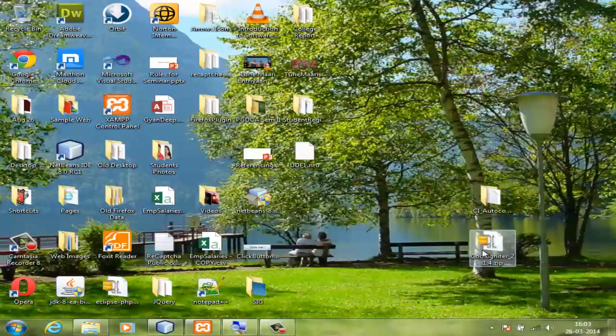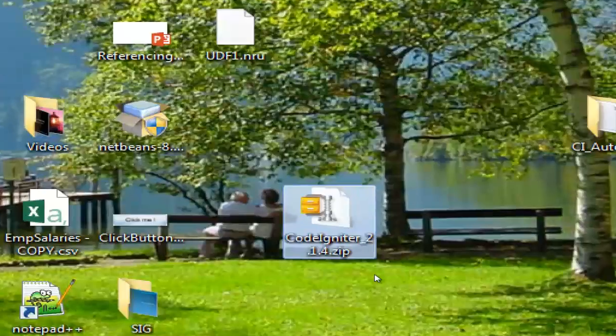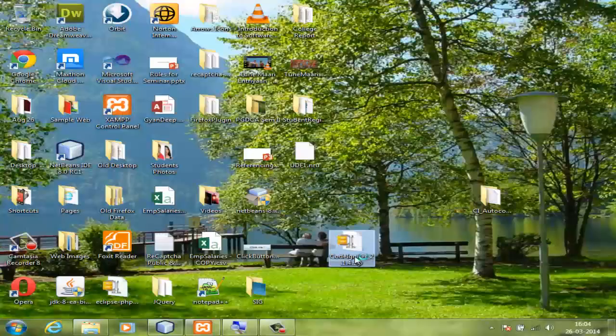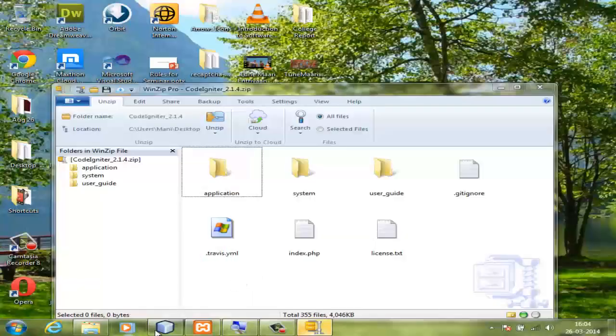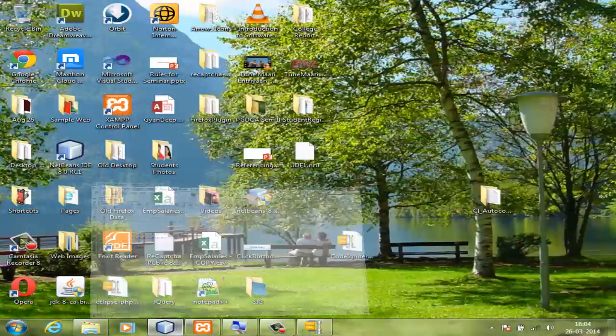I hope you have copied the CodeIgniter zip file into your D drive. Double click on it to open it. Unzip that, and now go to your project. I'll get back to that. Go to the project